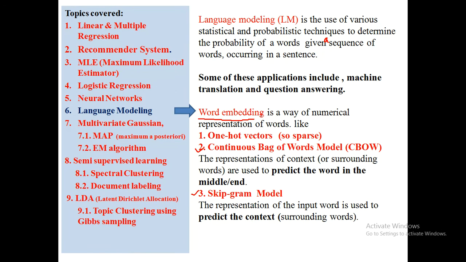Word embedding is a numerical way to represent a word so that the semantics of the word may be captured. One of the simple ways may be the one hot vector, but that is too sparse. So we may have a smaller length of vector, which is also called a latent vector.